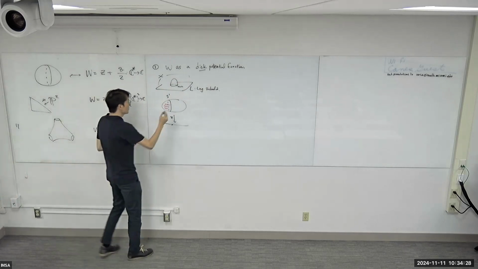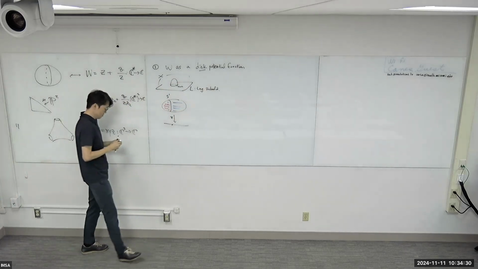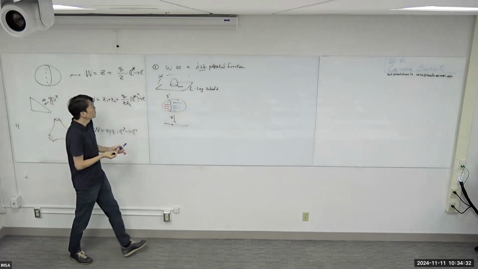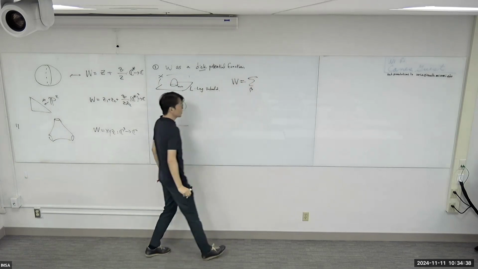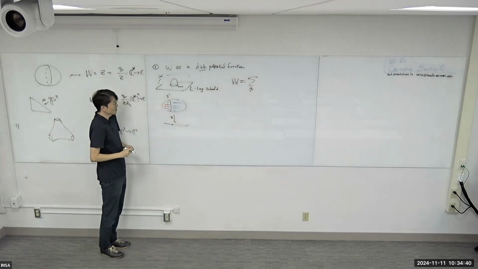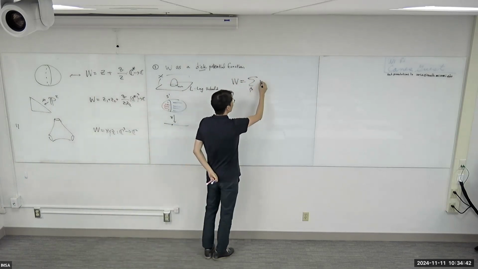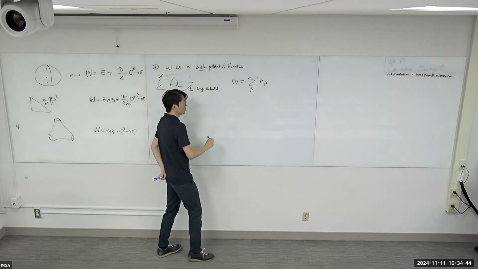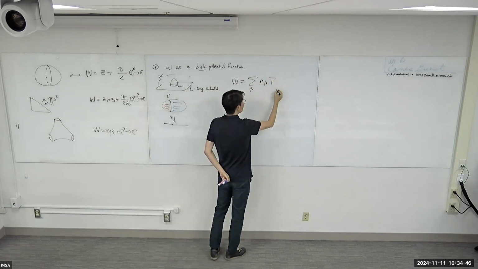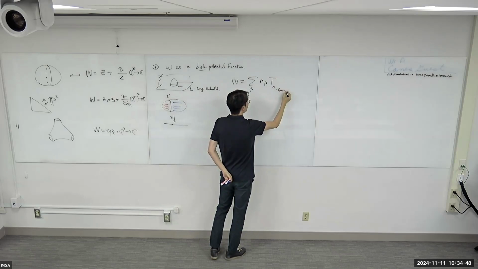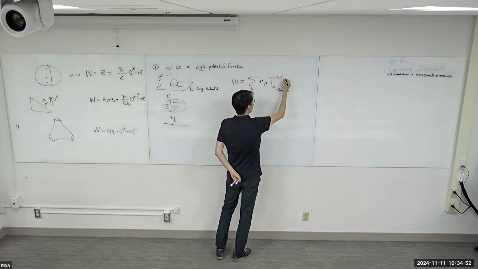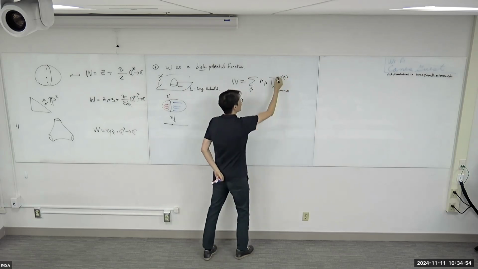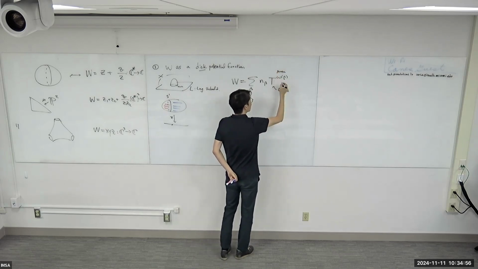There are 2 disks, okay? And so W is going to be the sum of all possible disk classes, some count of the disk, and we have some formal parameter, the Novikov parameter, which records the area of the disk. So this is the area,